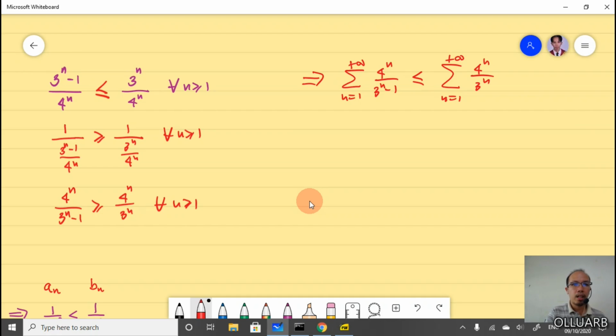By our previous discussion before, if you look at this area here,